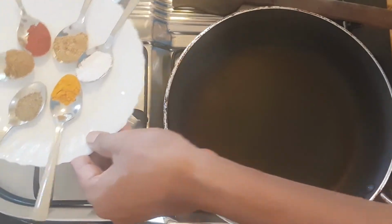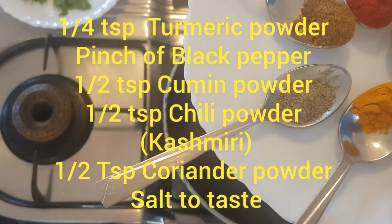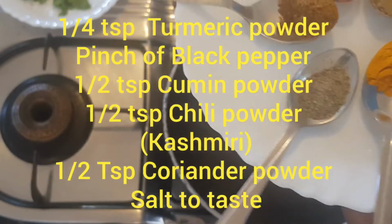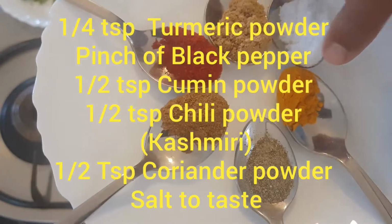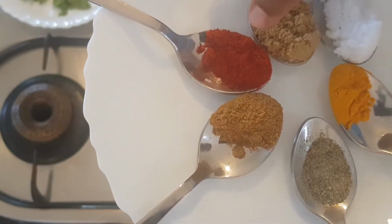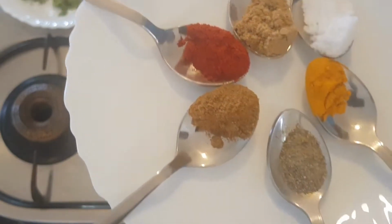So here, the business end, I've got just about 1/4 teaspoon of turmeric powder, a little bit less than that, crushed peppercorns. So if you look at it, when you compare to the turmeric, the cumin I've taken a little bit more than that. So I've increased the quantity of the red chili, the Kashmiri chili powder, a bit more than the cumin,